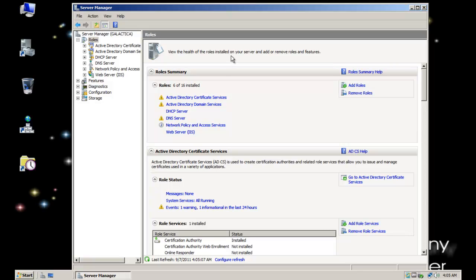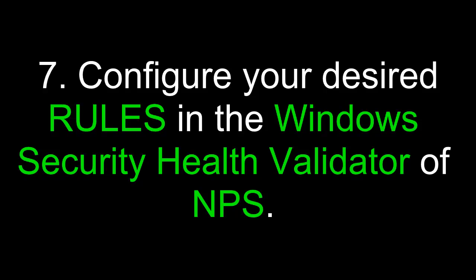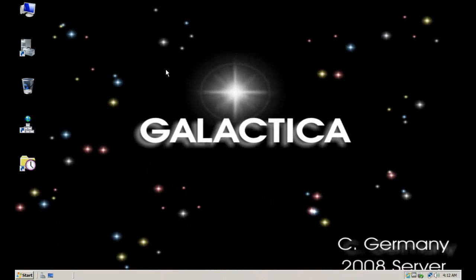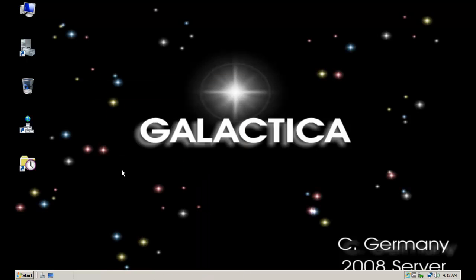Anyway, alright, so now we have network policy and access services set up. Step 7: configure your desired rules in the Windows Security Health Validator of NPS. So now with the Network Policy Server and the Health Registration Authority rules implemented, I'm going to add another icon to my icon farm, and I'm going to go to Administrative Tools, and I want to go to Network Policy Server. I mean, you don't have to do this. You could access it from the menu if you want, but whatever your preference is. I'm going to open it,